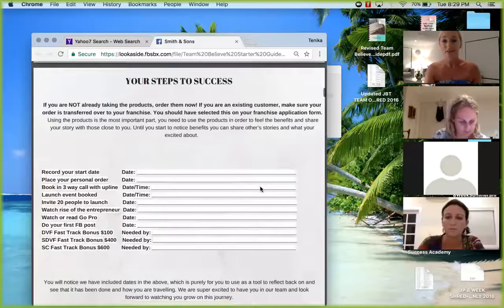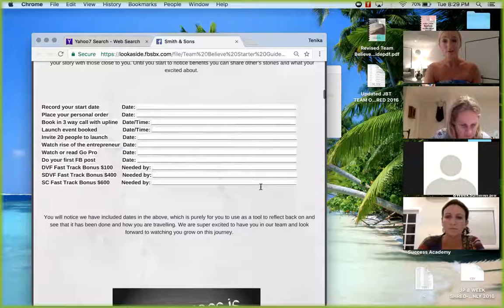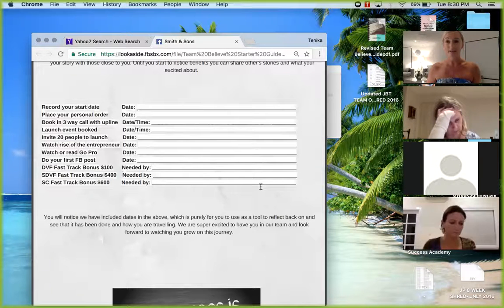But it's also helping you to keep track of everything with your start date, when you put your order through, when you did the 3-way call with your upline, which is really, really important. And we really can't stress enough the importance of 3-way calls. Adam is a true believer in these, and he said as soon as he started doing these religiously, even if he'd been in the business for so long and he knew all those questions, and he was comfortable talking to his new teamie about it, to have that third person come in on that conversation is so powerful,